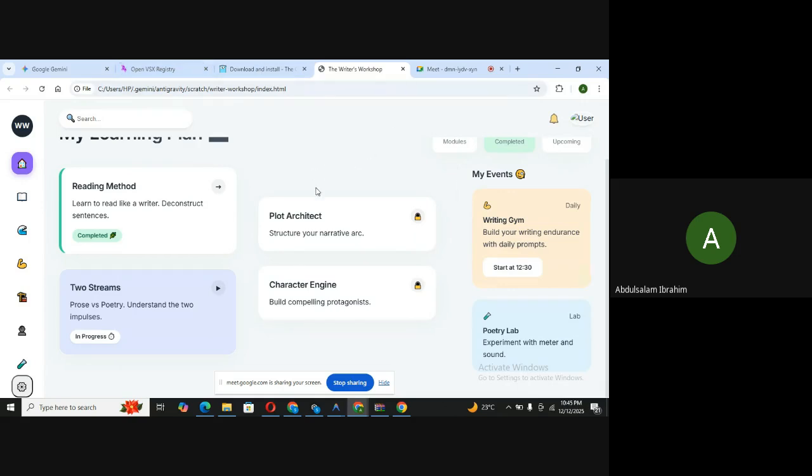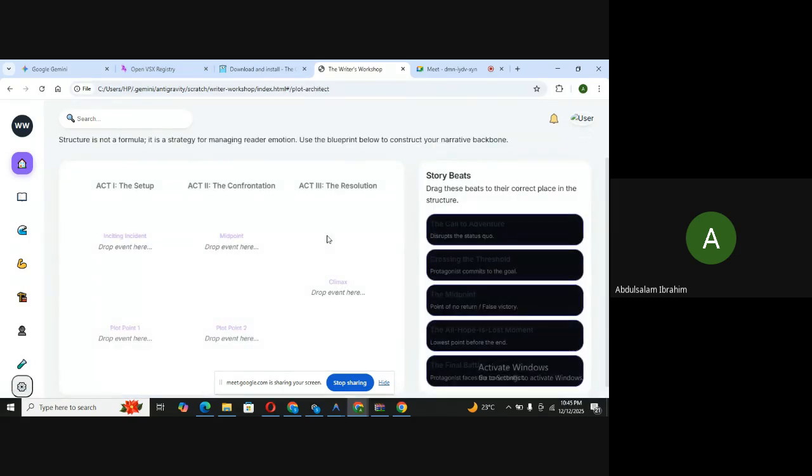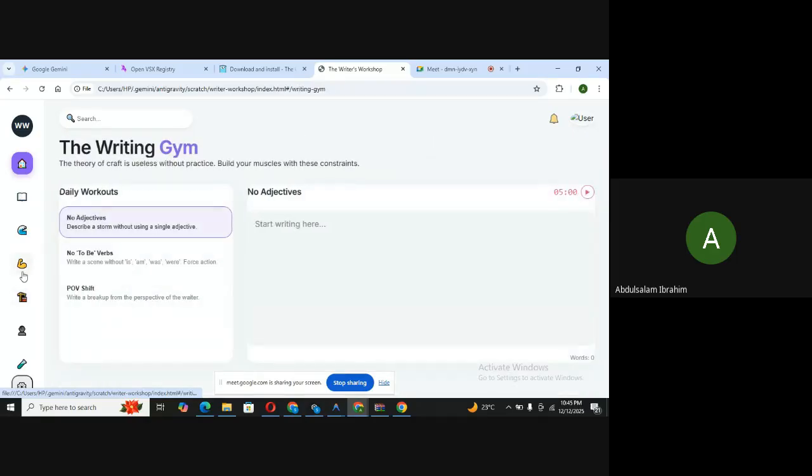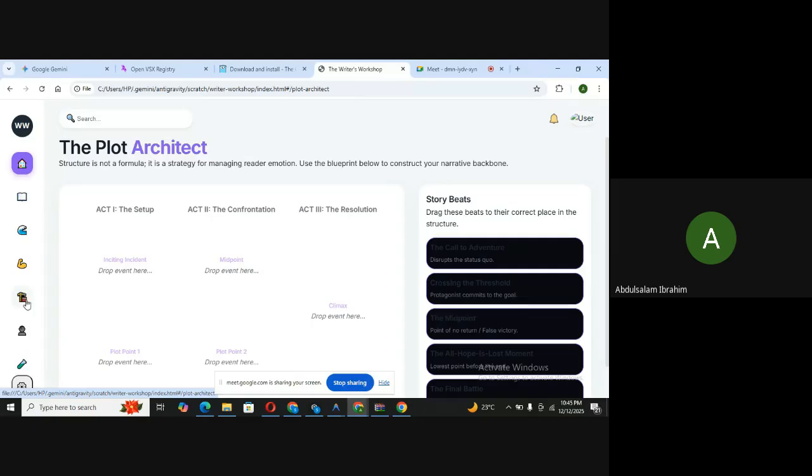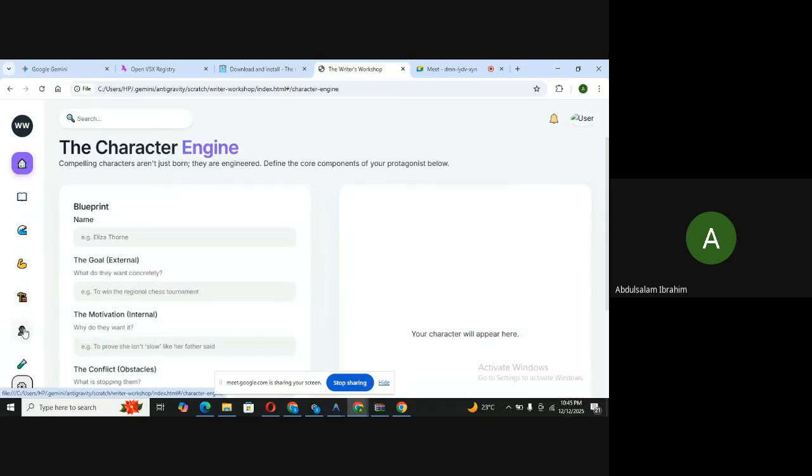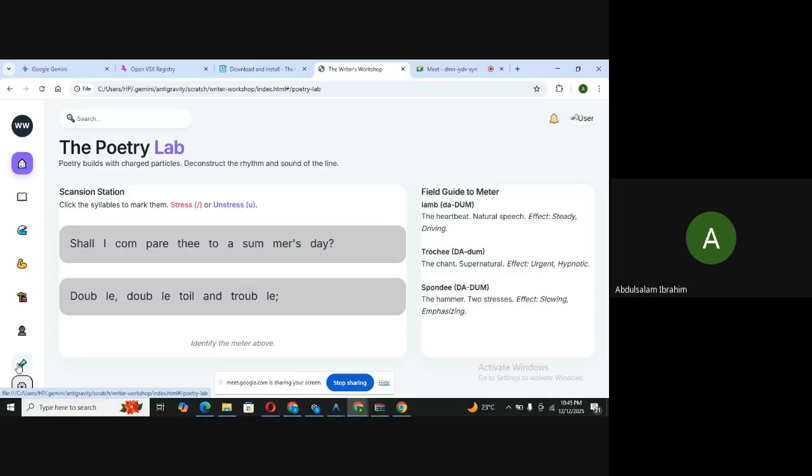Then there is the writing gym where you do some daily workouts, then the plot architecture, then the character engine where you make a blueprint and a character card will appear here. Then the poetry lab, where you find out which one is a stressed or unstressed syllable. That's basically what the app is.